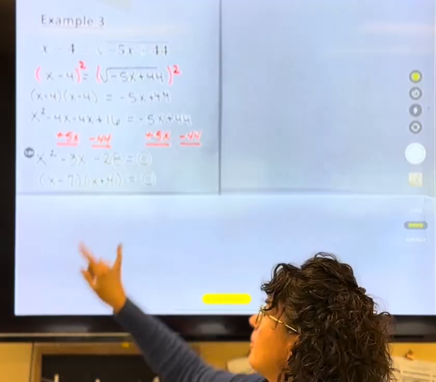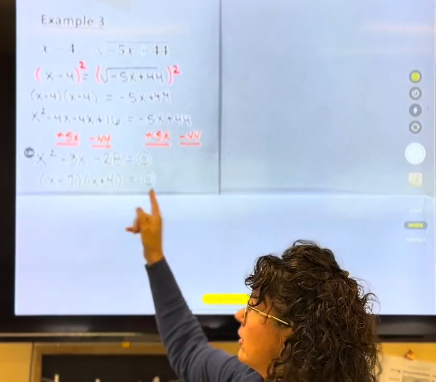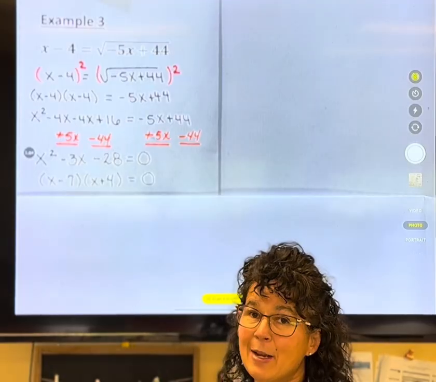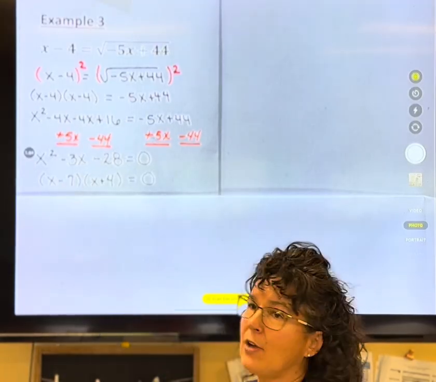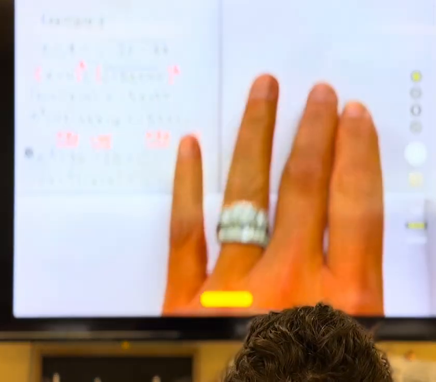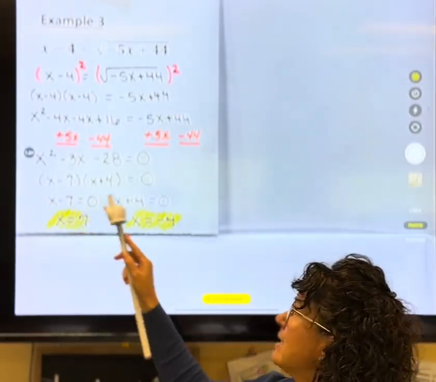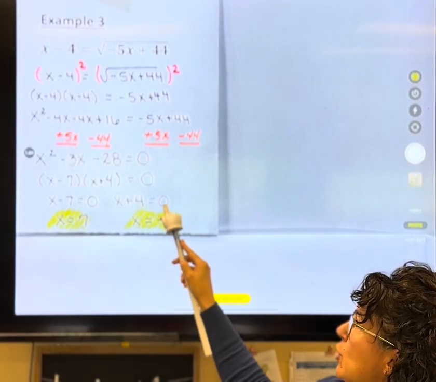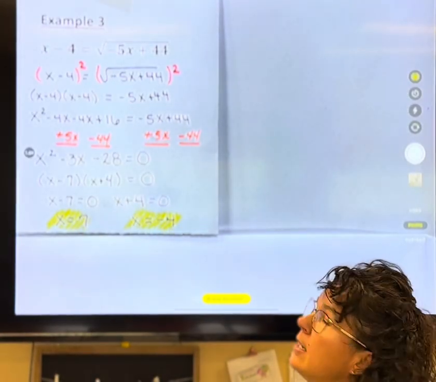Using the zero property, if two things multiply together to get 0, the only way that happens is if one of them is 0. So let's find the numbers that make each of these factors 0. So I'm going to set each piece equal to 0. X minus 7 equals 0. Add 7, I get 7. X plus 4 equals 0. Subtract 4, and I get negative 4. However,